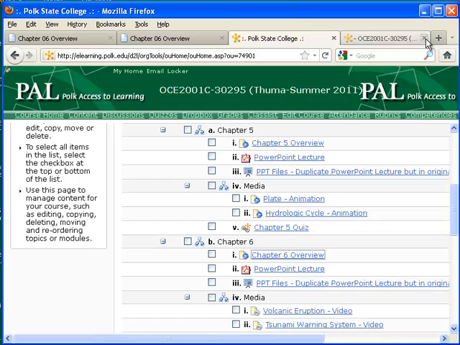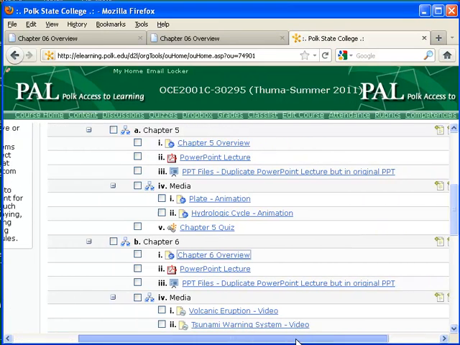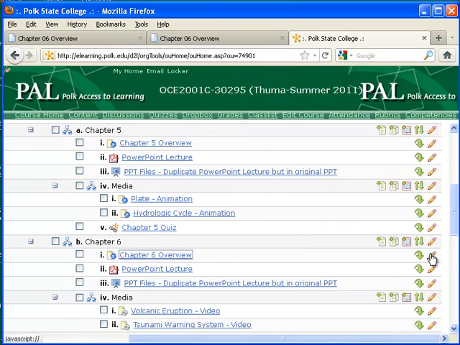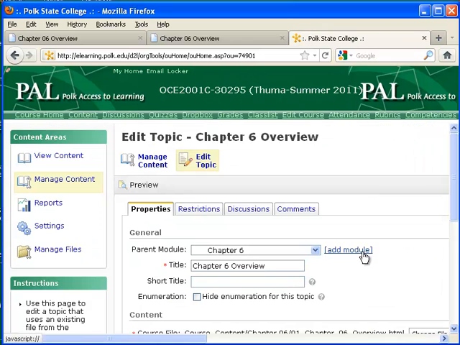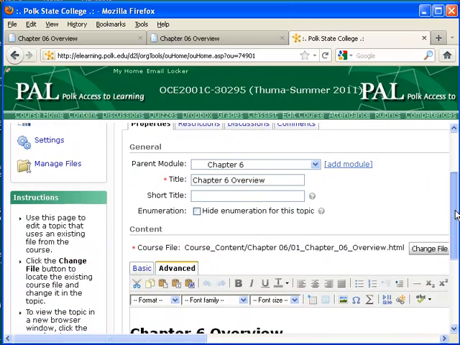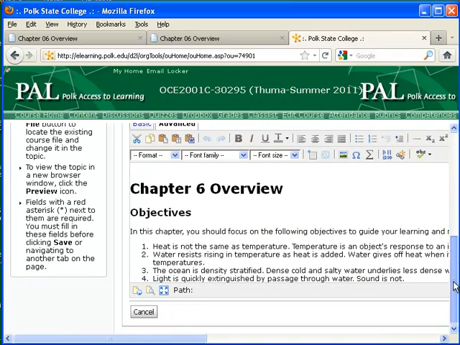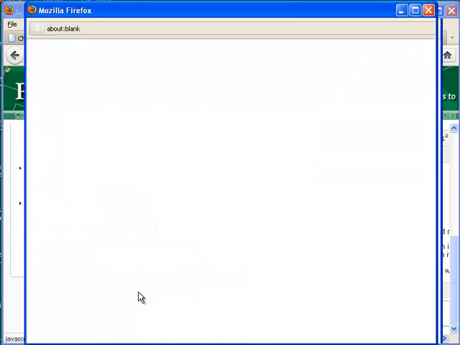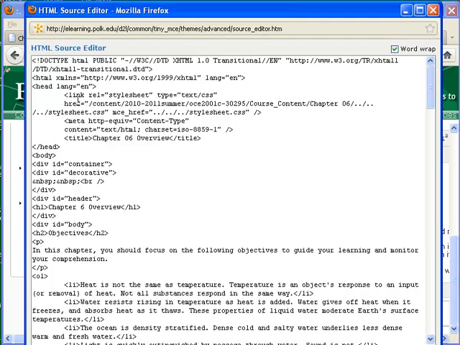So what we do now is we go out to the pencil icon, and I click on the pencil icon, and I scroll on down, and you can see how it's not reflected here in the HTML editor either. So now I can go down to the bottom left, just above the cancel button, and when I mouse over it says edit HTML source, and that's what I want to do. So I click on that, and you can see what occasionally happens is, even though I've uploaded